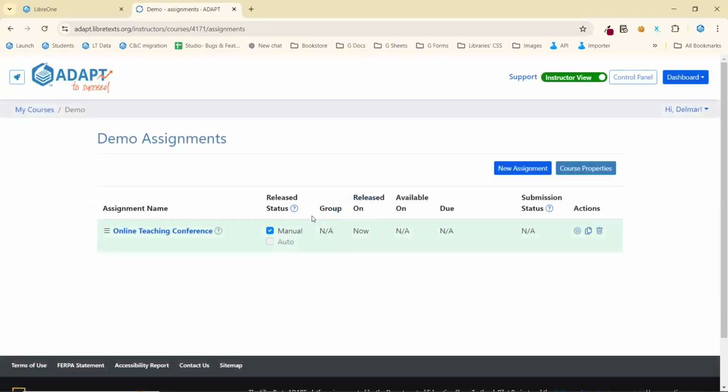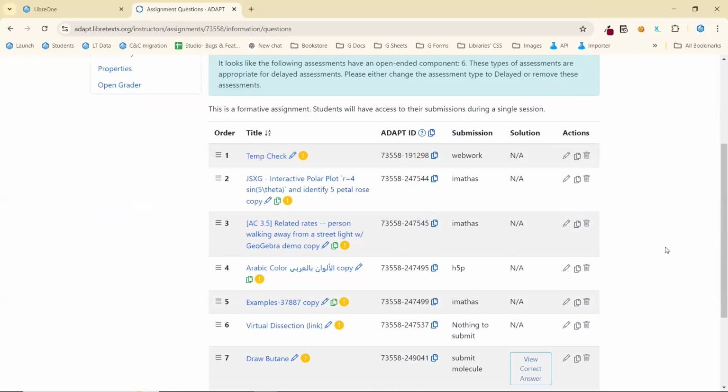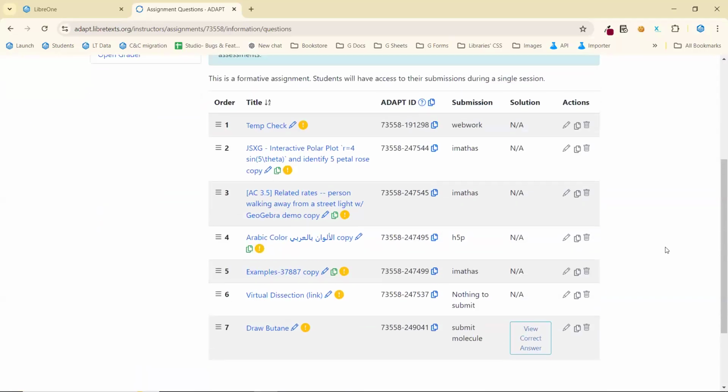So this is an assignment. This is a course that's called Demo, and it has a single assignment here for a conference I attended a little bit earlier on, and it has 7 questions that are embedded there. Those questions range from WeBWorK to IMathAS to H5P to Native, or submitting a molecule, which is part of that sketcher.